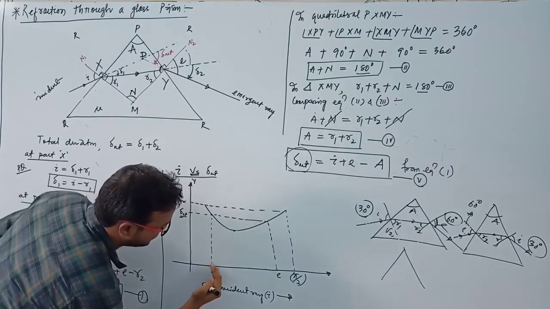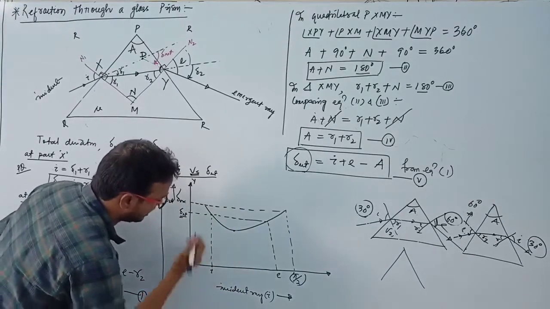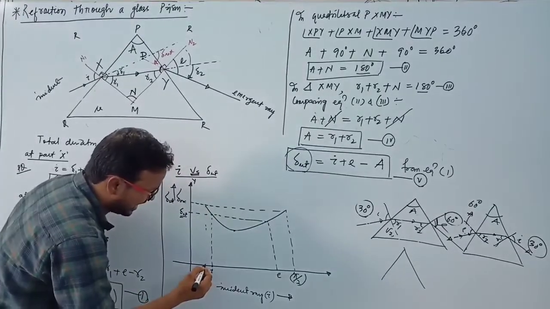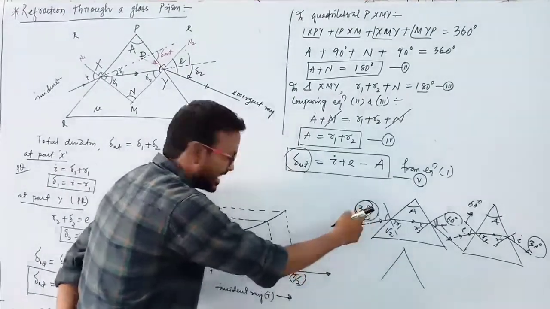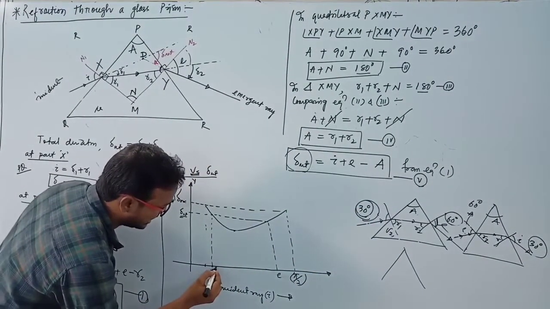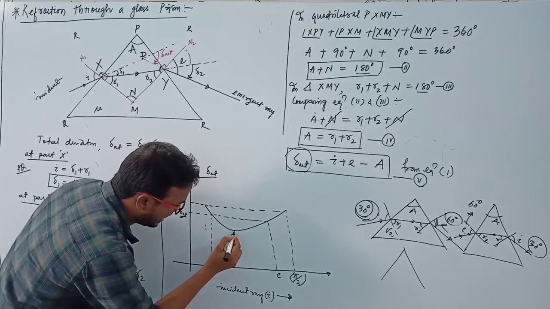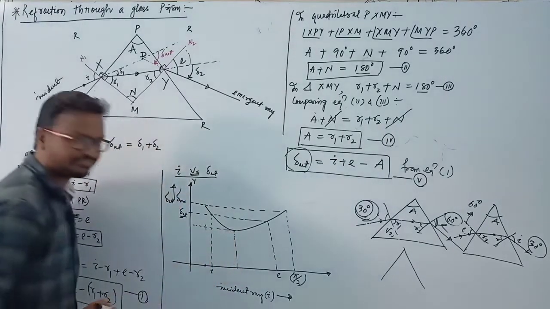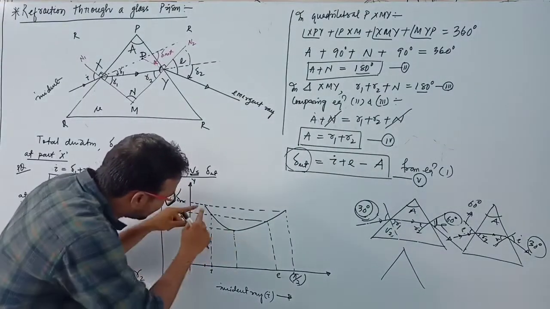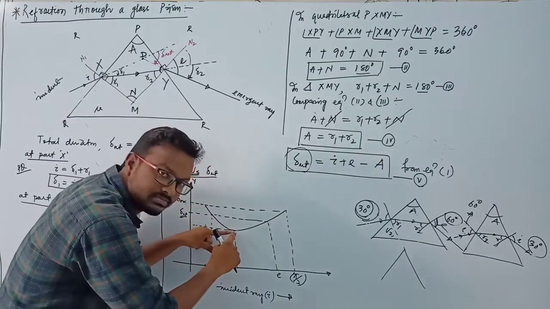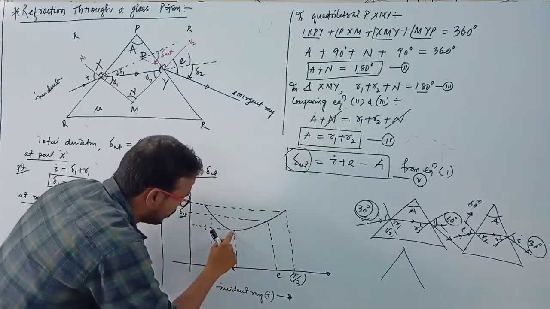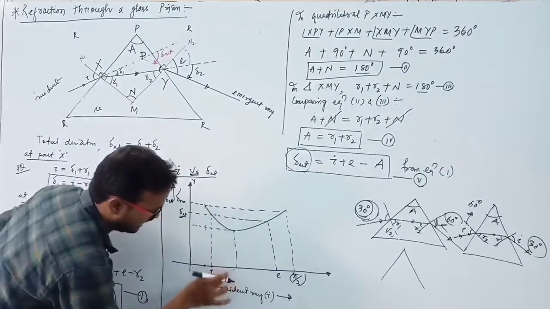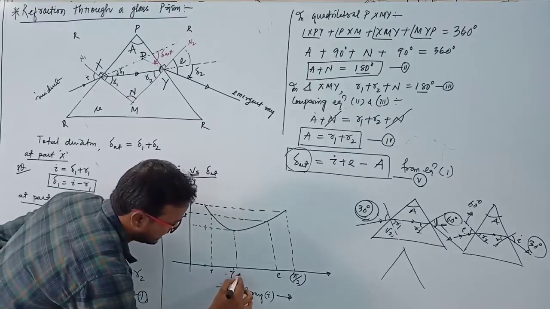When we increase the incident angle from 0 degree, at a particular angle, suppose we increase the angle to 30, 31, 32, 33, 34 degrees, there is a particular angle where the deviation is minimum. Deviation decreases and then again deviation increases. So at a particular angle of incident i, this angle is the angle of incident i, at that time